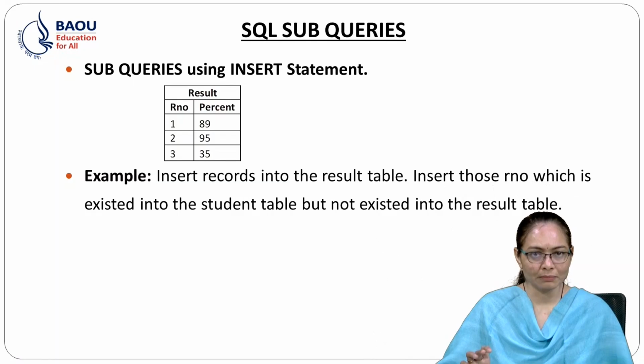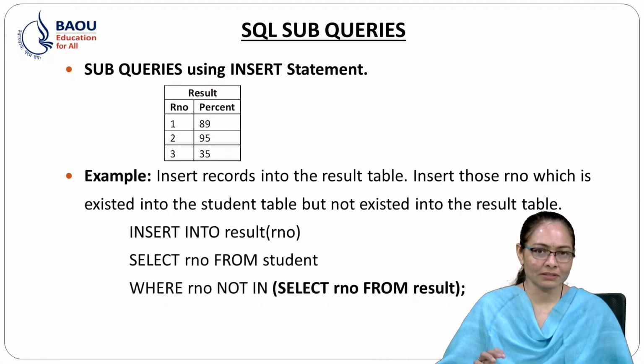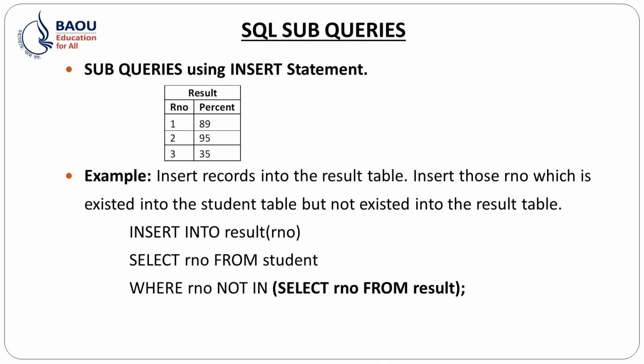Insert those roll numbers which exist in the student table but not in the result table. How do we write the subquery using the insert statement? See the example: insert into result, then we enter the data into the roll number column. So in the brackets, roll number column: select roll number from student where roll number not in, select roll number